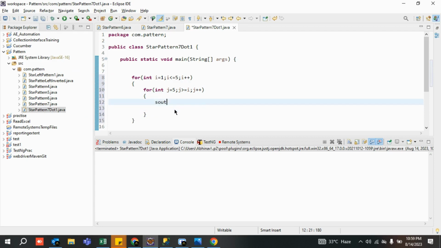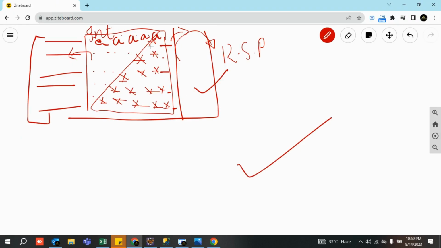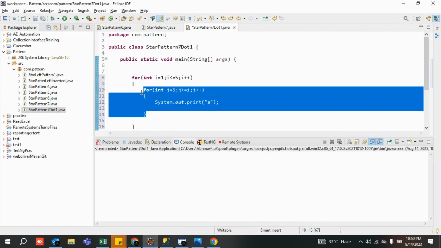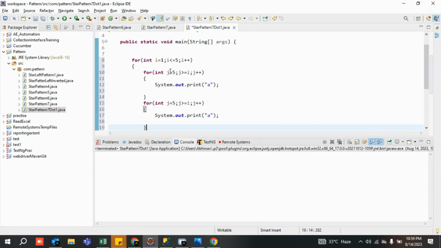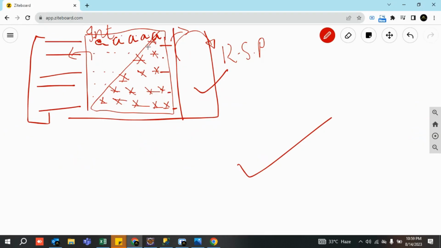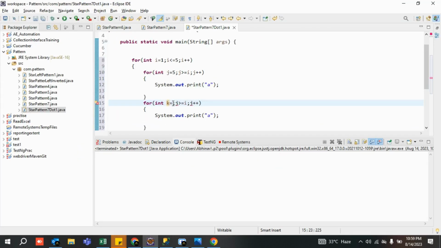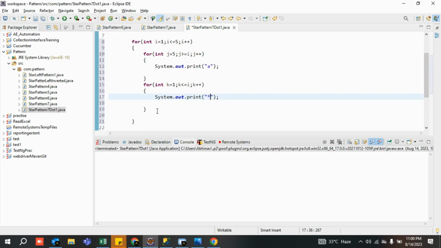What we are going to print: we are simply going to print 'a' over here. And once it is done, you have to print the star immediately followed by this loop. In order to print it, I am taking the variable k, and in the first row I have to print only one asterisk. So I'm starting with 1, and the value of k is less than or equal to i. Why I'm doing this, I have already told, but I will reiterate everything here. So this is your right star pattern